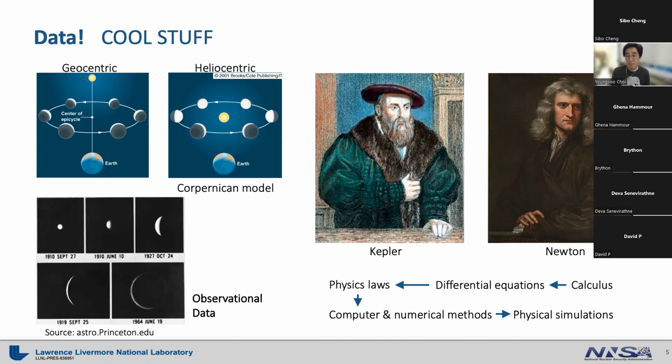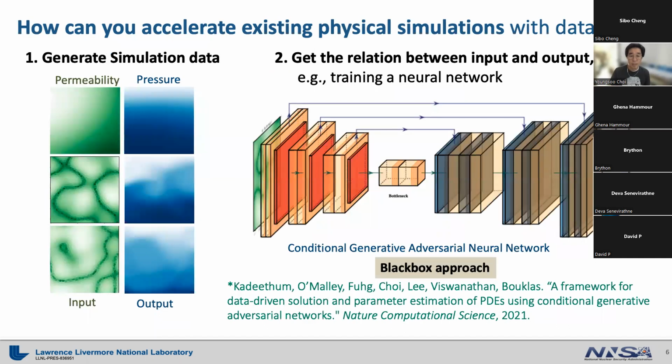Even now, data plays an important role, especially when machine learning and artificial intelligence are so prevalent. In modern science, data can do many things, but I will focus on one thing, that is accurately accelerating physical simulations. Because simply being able to accelerate the existing simulations will enable us to do many things we cannot currently do. Well, then how can we accelerate the existing physical simulations with data?